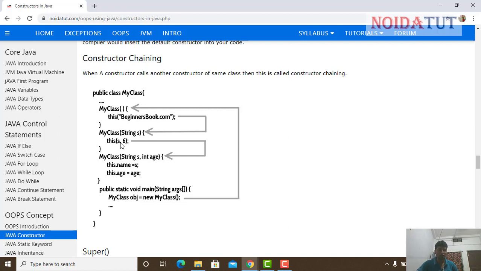This refers to the s, sex. Now it is going to refer to this function again, and it is going to call this function, and this will be referring to this one, and 6 will be referring to the age. So this.name equals s, this.age equals age. So this is what happens.